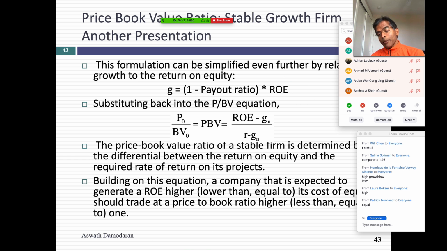You take a company like Apple, or you take a company like Microsoft. Microsoft, I think, trades at 12 times book value, but its return on equity is like 60%. In contrast, AT&T trades at close to book value. Why? Because its return on equity is close to its cost of equity. And there are banks that traded below their book value. Why? Because the return on equity is less than the cost of equity.